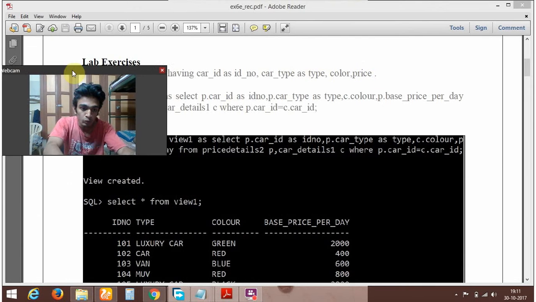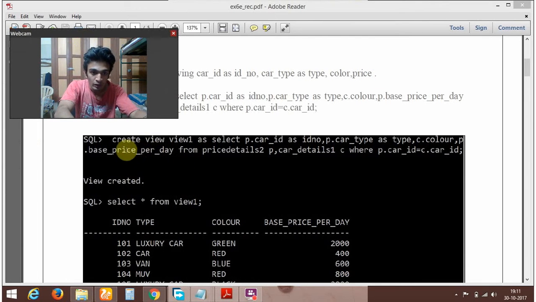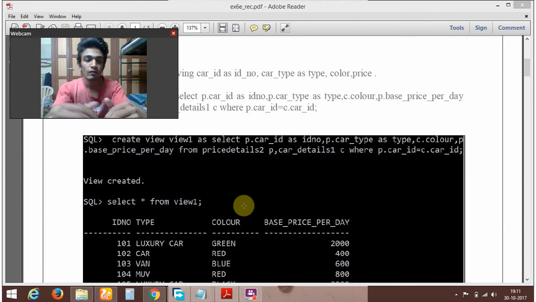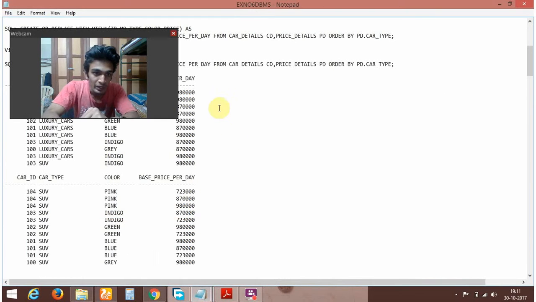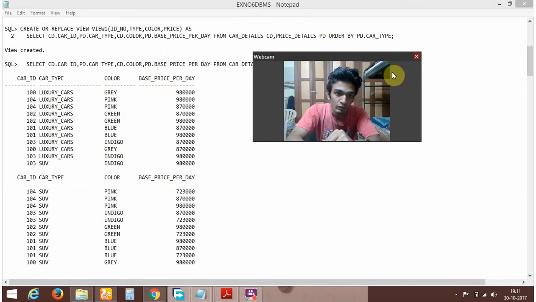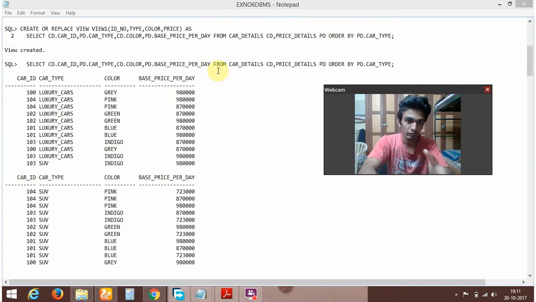Create a view having car ID as ID number and type color. Here I have the output screenshot of what I have done. You can see the create command. The create command uses the create view keyword and the view name. Here the view name I have used is view1. Now as you can see, this is the spool file which I spooled while doing this. See, create or replace view view1 ID number type color price as